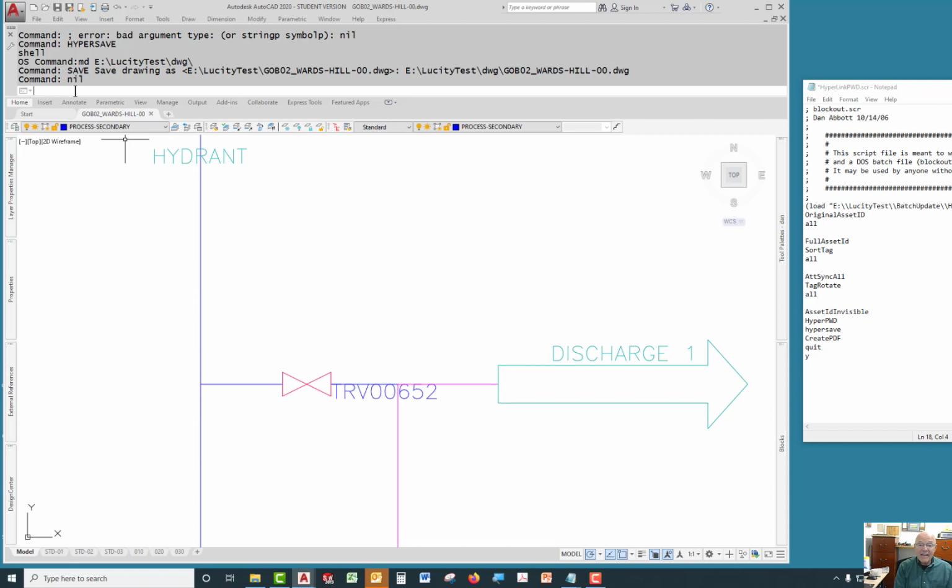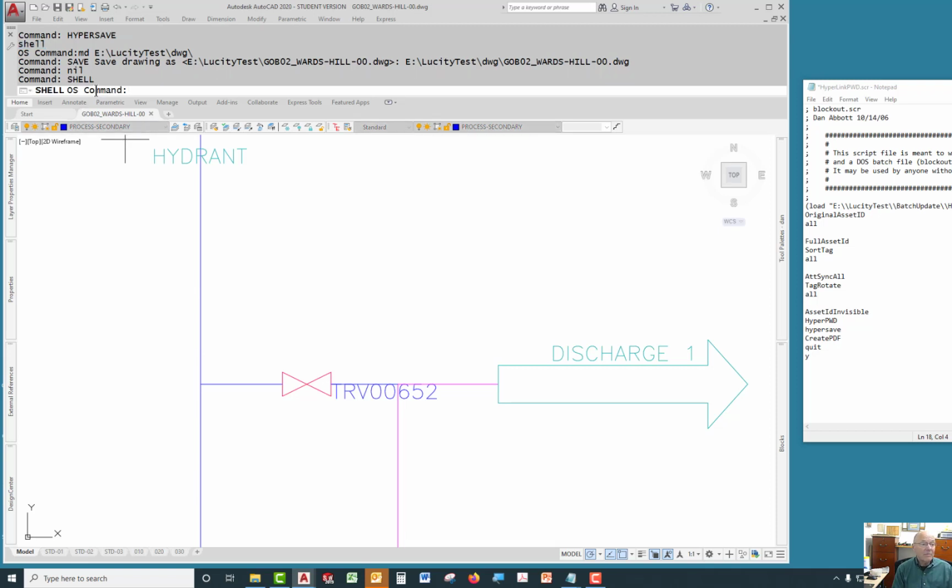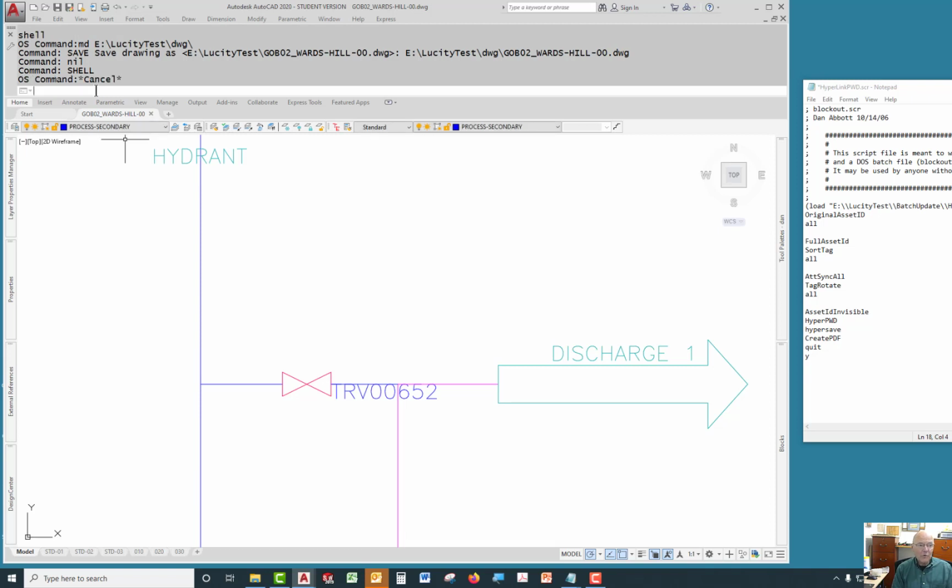Now, the PDF part about this. By the way, you might have noticed that there's a shell command here. The shell command is the external command created by the PGP file, and the shell command in this case is what allowed me to create that folder. The reason I use that is because I can create any kind of DOS function from the AutoCAD command prompt. But there's a problem, which is that sometimes that takes longer than AutoCAD expects, and AutoCAD then tries to retake control. So there is in the PGP file,